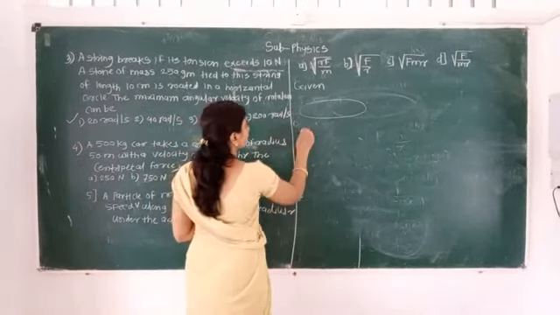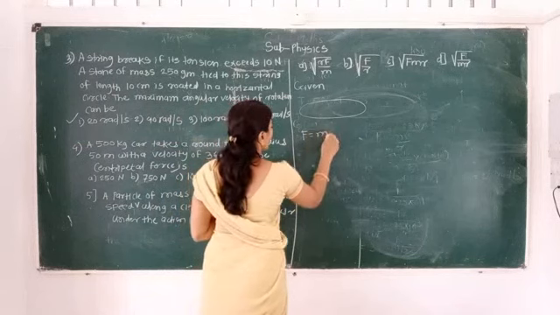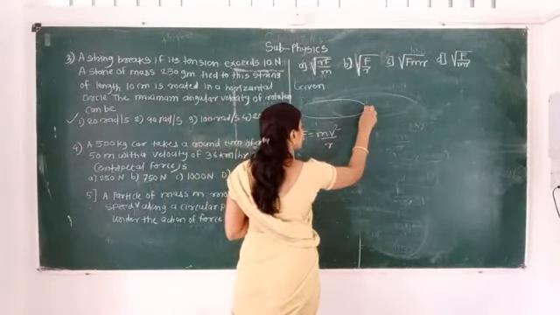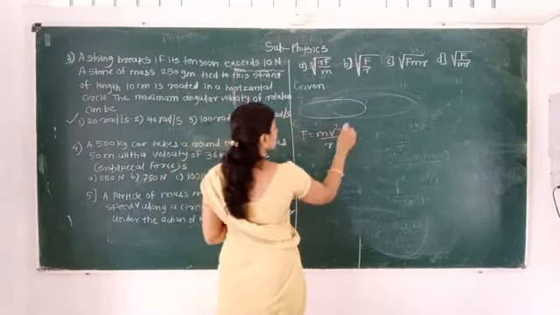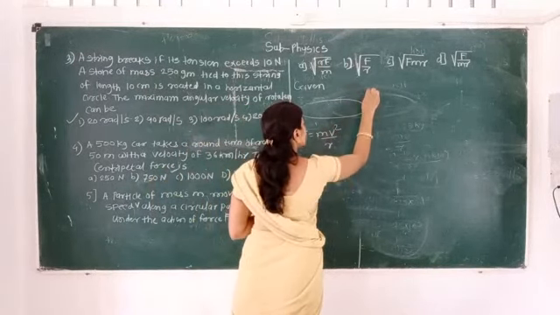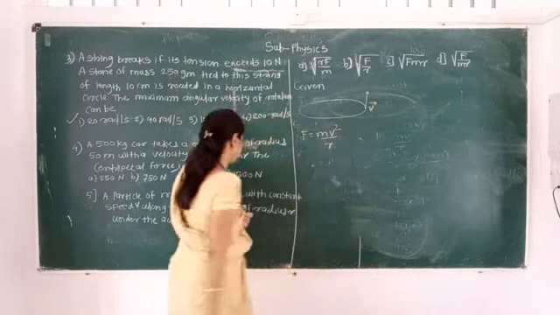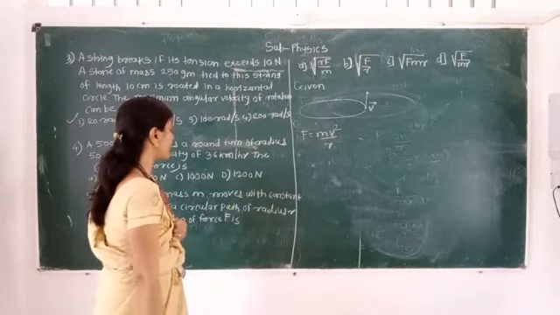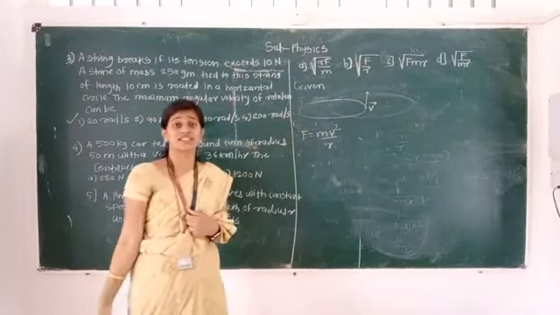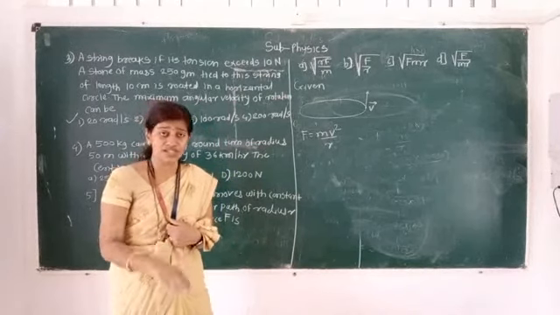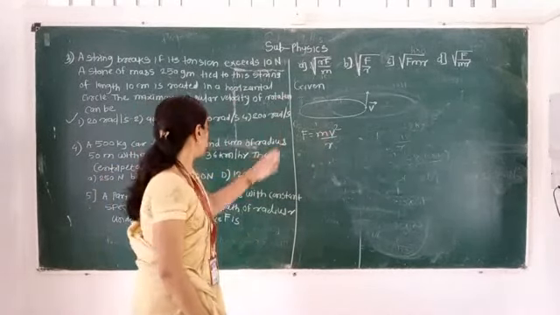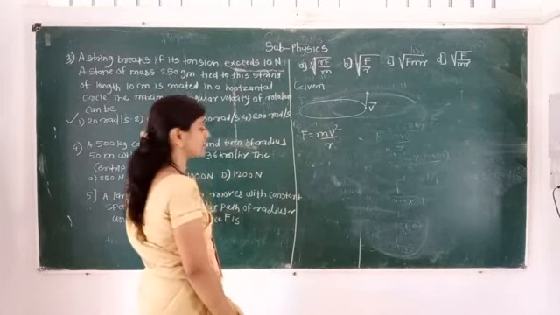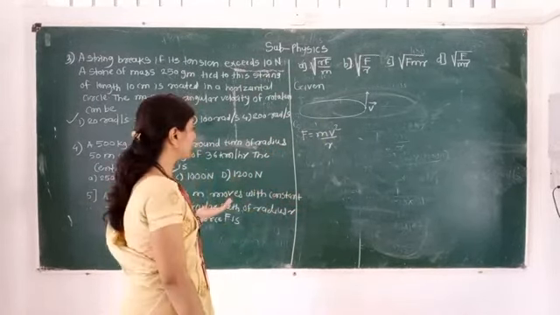Here we know F is equal to m v square upon r. What is m? m is the mass of that particle. That particle moves with a constant speed v. We know as the position changes, the velocity changes. Here the speed along a circular path of radius r does not change; the direction of the velocity changes, the magnitude remains constant. So here the particle moves in a circular path with constant speed, which is one example of UCM. In UCM, speed remains constant.